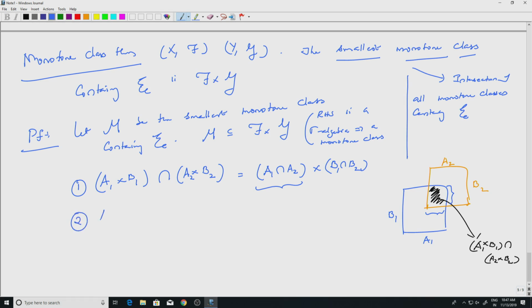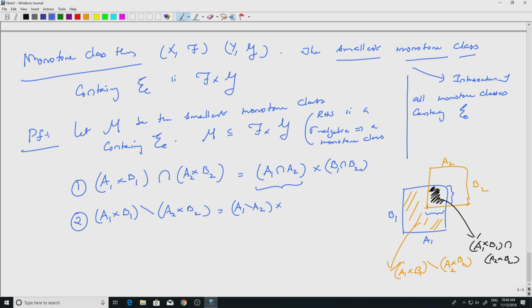Second property, A1 cross B1 minus A2 cross B2. So that is the set theoretic minus. So you look at everything in A1 cross B1 minus A2 cross B2. So what is that part? So that would be whatever is here, right. So this portion is A1 cross B1 minus A2 cross B2. Okay. That is equal to, again you can see this clearly from the picture, A1 minus A2